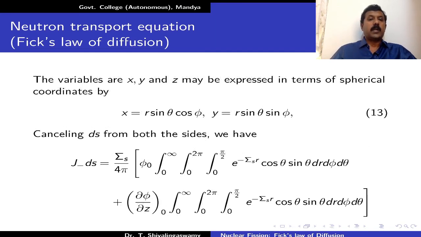Now you have to replace all the variables that we used in the Cartesian coordinates with spherical coordinates. We have transformation equations. You can convert these variables from one coordinate system to the other coordinate system. We can use, for x, r sin theta cos phi, y is equal to r sin theta sin phi, and z is equal to r cos theta. So, using these relations, we can transform from the Cartesian coordinate system to the spherical coordinate system.